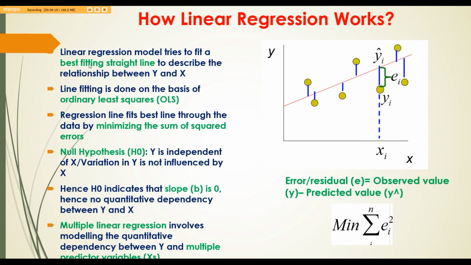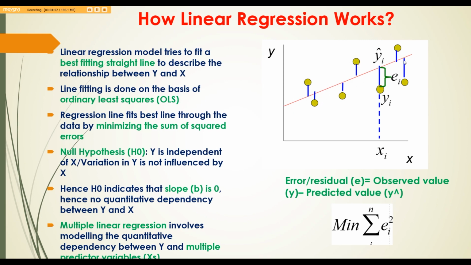It tries to fit a best fitting straight line to describe the relationship between y and x. So this is y, this is x, and these are the data points, and it tries to fit in a straight line which it feels describes the relationship best. And so what you have over here are the actual or the observed values of y, and the values of y which fall on the fitted line are known as predicted values, because when we are trying to fit a straight line, the straight line can't wriggle its way through all these points. So the best it can do